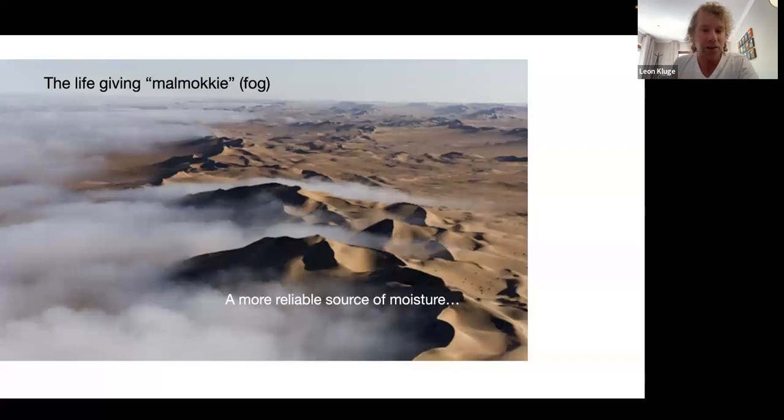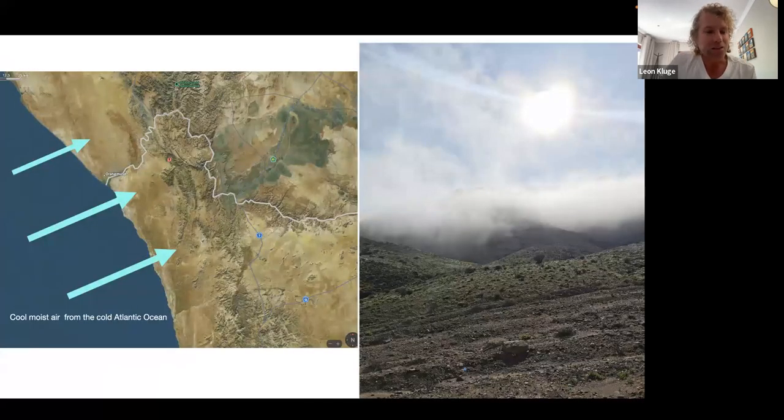Now, this fog doesn't last long. It covers the dunes and the rocky areas early in the morning, but as soon as the sun comes out, it burns it off. So that precious little time that is there with the fog needs to be optimized and utilized by the plants. And that is where the cold air comes in, meeting the hot air and creating those